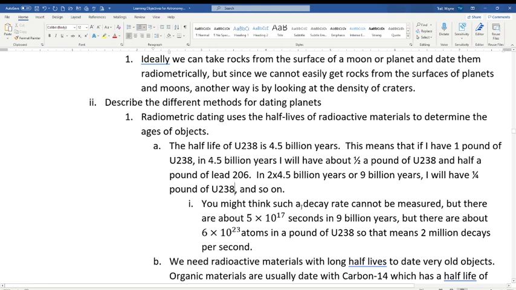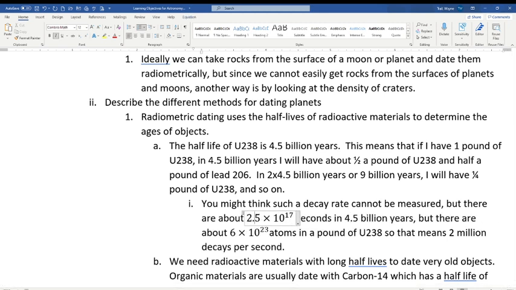Well, it turns out that you don't have to. Let's just say 4.5 billion years. In 4.5 billion years, there are about 1.5 times 10 to the 17th seconds. There's 4.5 billion years times 365 days per year times 24 hours per day times 60 minutes per hour times 60 seconds per minute. And you multiply all that together and you get about 1.5 times 10 to the 17th seconds. Right? But there are about 6 times 10 to the 23rd